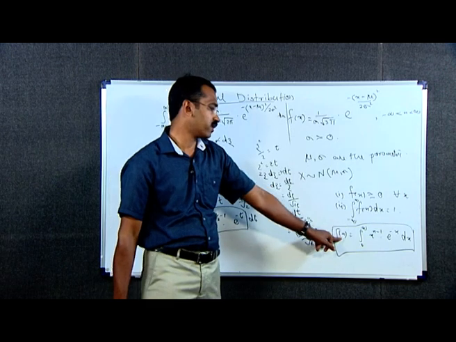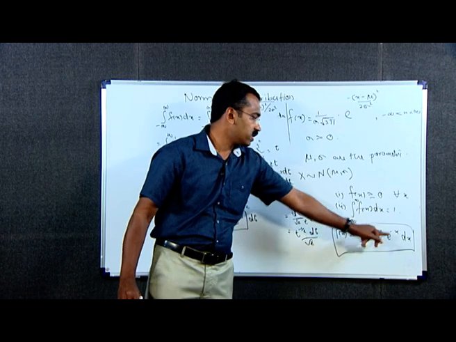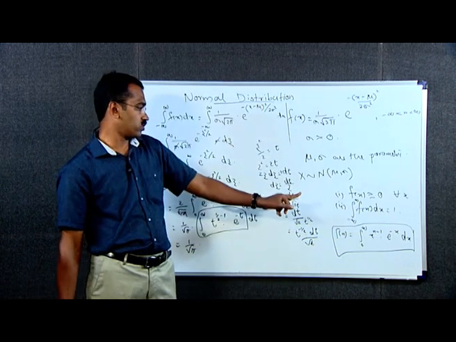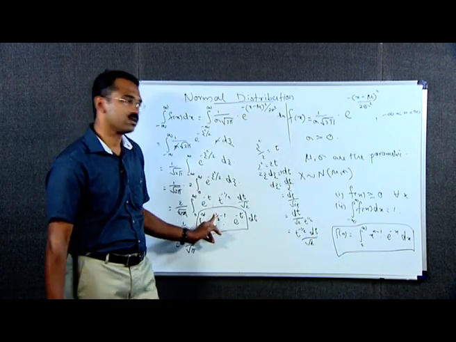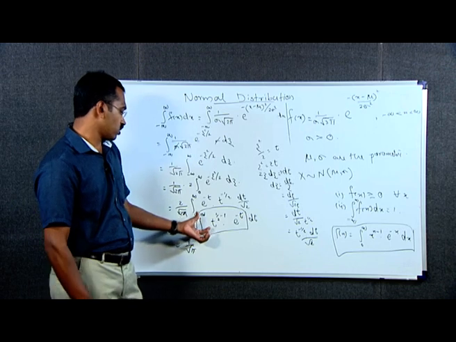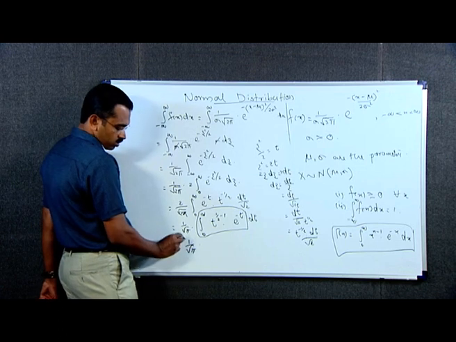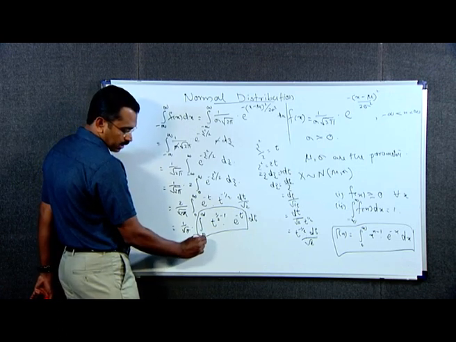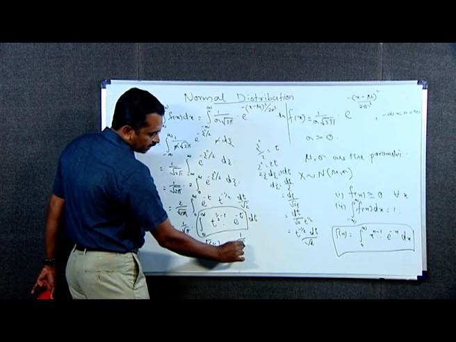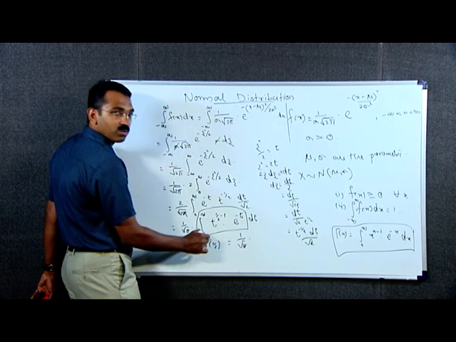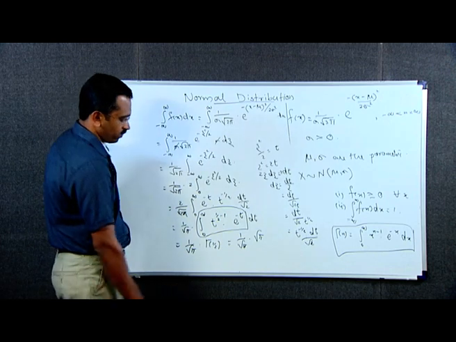Here, instead of n, x raised to 1 by 2 minus 1 into e raised to minus t. Here instead of n, it is 1 by 2. Therefore, this integral is gamma 1 by 2, so this is equal to 1 by root pi into gamma 1 by 2, which is equal to 1 by root pi into, gamma 1 by 2 is root pi, which is equal to